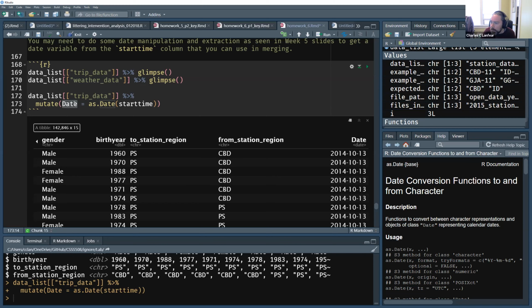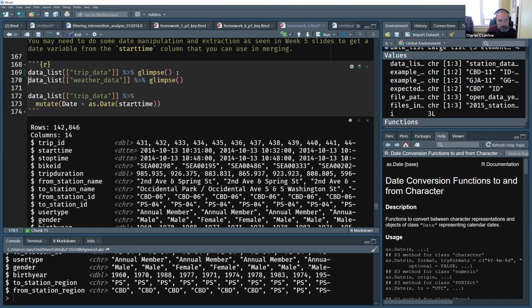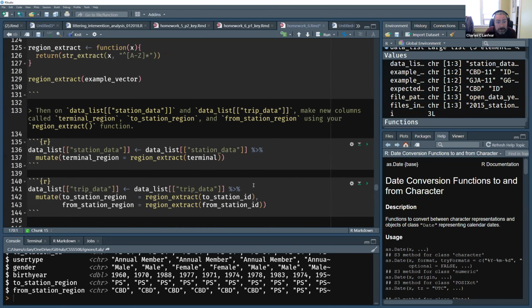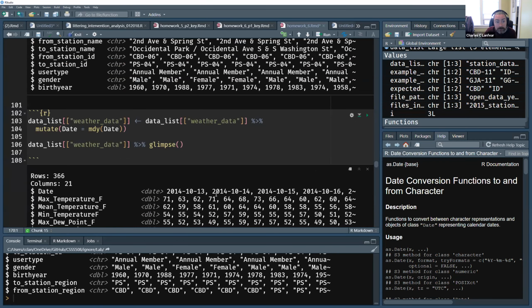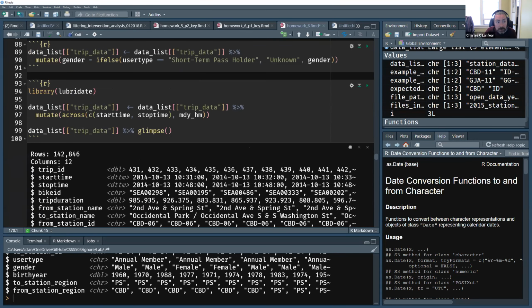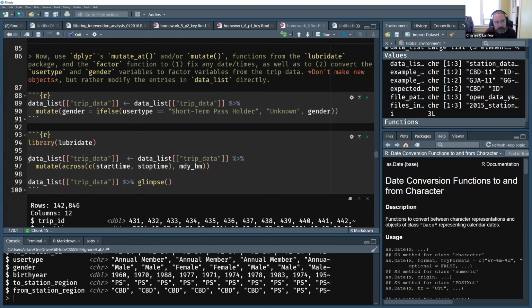So here's a question. Problem with mutate: input date, character string is not in a standard unambiguous format. Input date is as.Date.character start time. So do this: glimpse trip data, and tell me what it says right there after start time. Probably says character, right? If it says character for you, then you've got to go all the way back up to the stuff from the first half of the homework template, because something went wrong when we converted that to a date time object, because we did it all the way up here where we assigned to data list